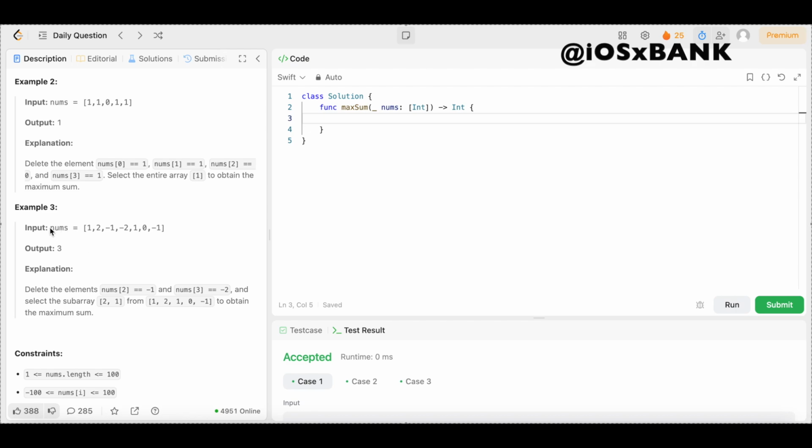So in example 3, we have the input nums equals an array of integers 1, 2, -1, -2, 1, 0, and 1. This time the output is 3. Explanation says delete elements nums 2, which is -1. So we'll delete this -1, and then we'll delete nums 3, which is -2. So this -2 right here. So we're going to delete these two elements right here, and then we're going to select the subarray 2 and